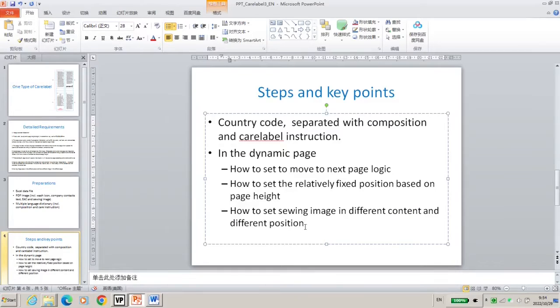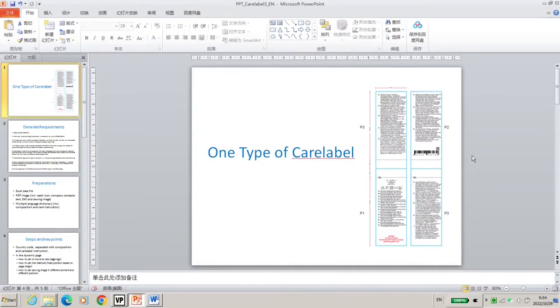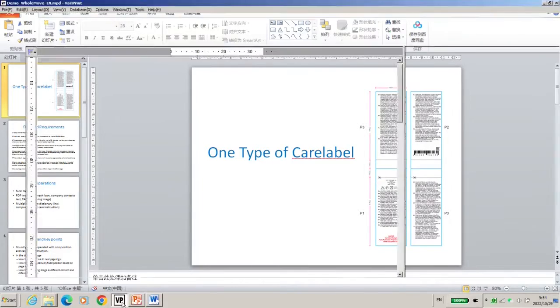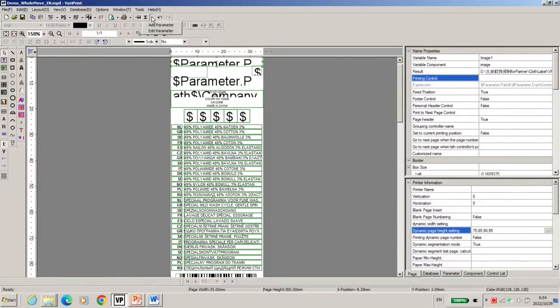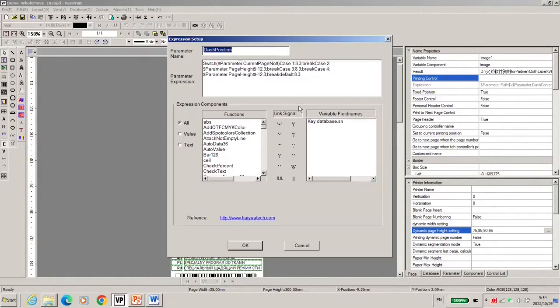And next I will tell you how to put the viewing image. The viewing image is variable, the content is variable, and the position is variable. So the content is different and the position is different. I make two parameters. Dash line position, I'll show you.